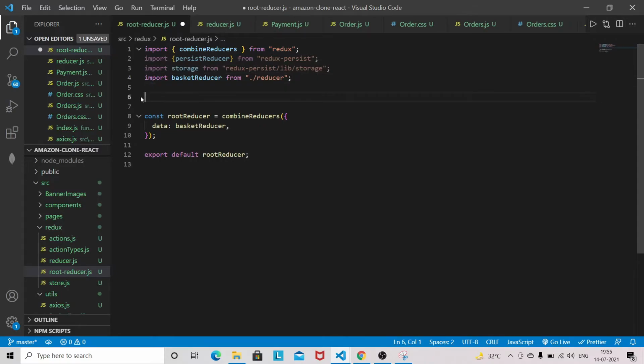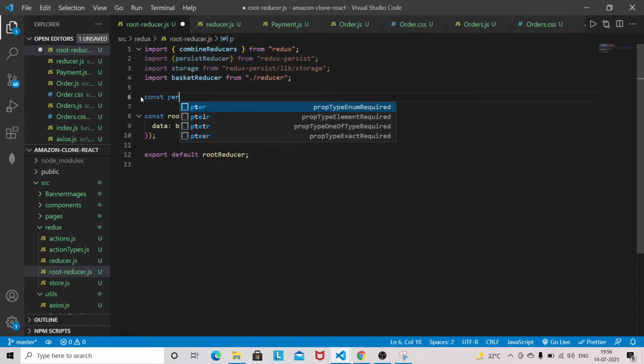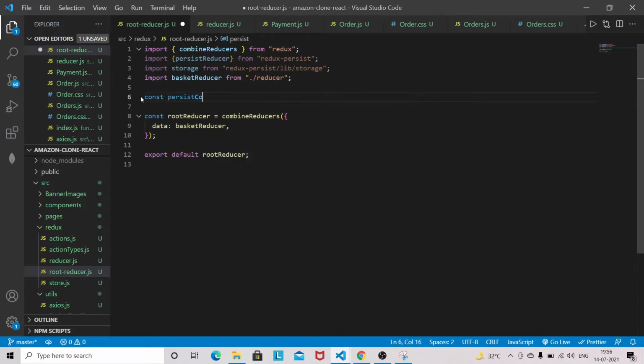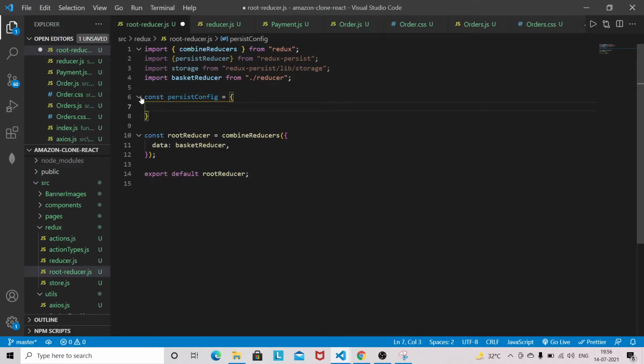Now we have to do some configuration related to the persist configuration. I'm going to define one object here, persistConfig, and I'm going to define one property here, that is key, and the key will be root. Basically it's going to persist everything from the root.